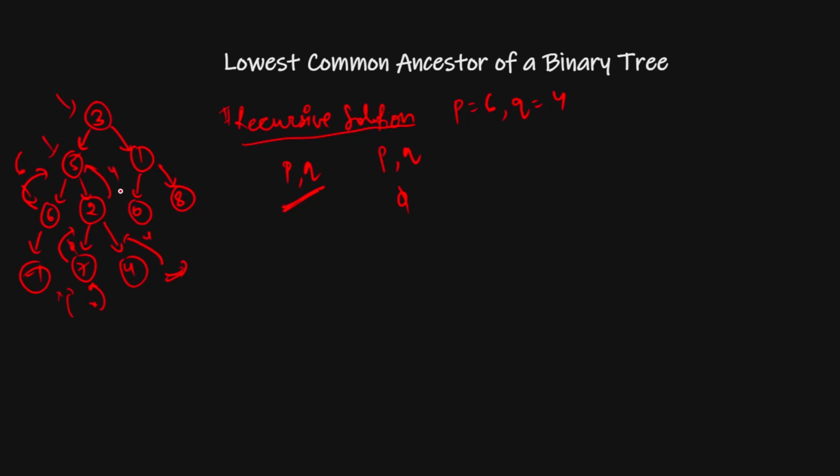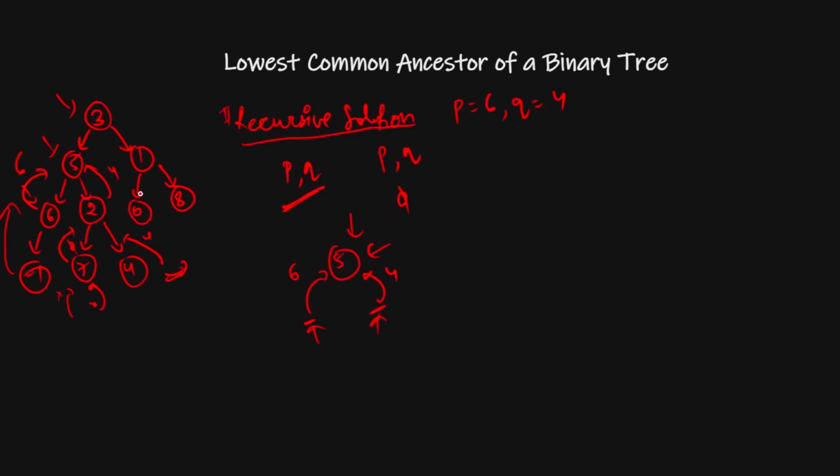That from here I will return 4. So what does it mean? I have this 5 and from here I get 6. From here I get 4. What does it mean? It means this is my first common parent. Because I am starting from here, that will be my lowest common ancestor. So this will be my answer. When my left is also not null and right is also not null, that would be my answer.